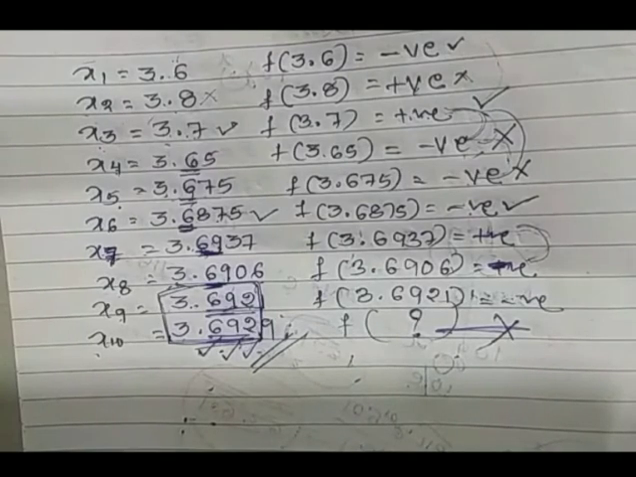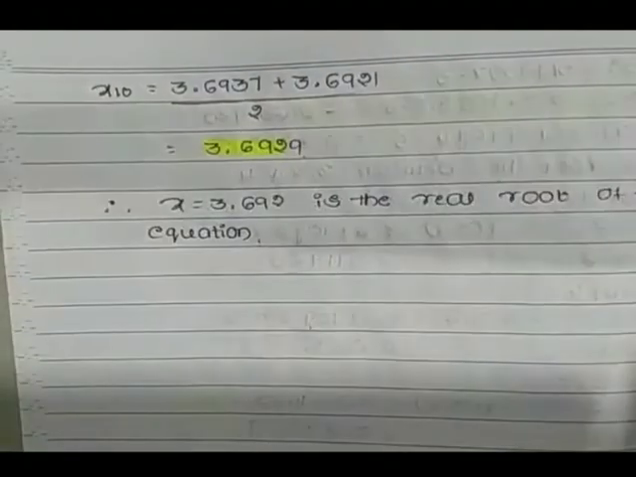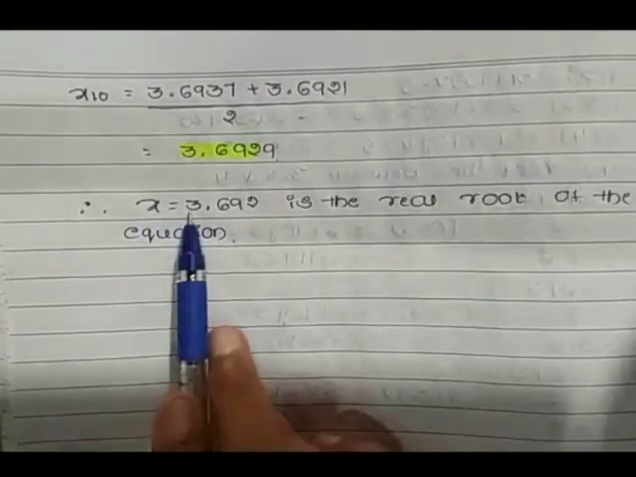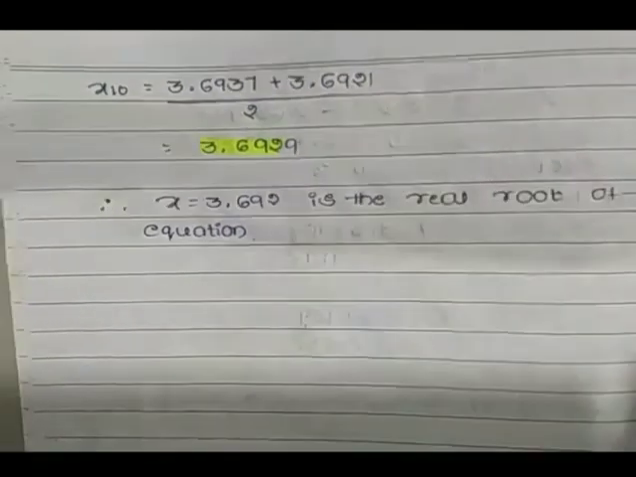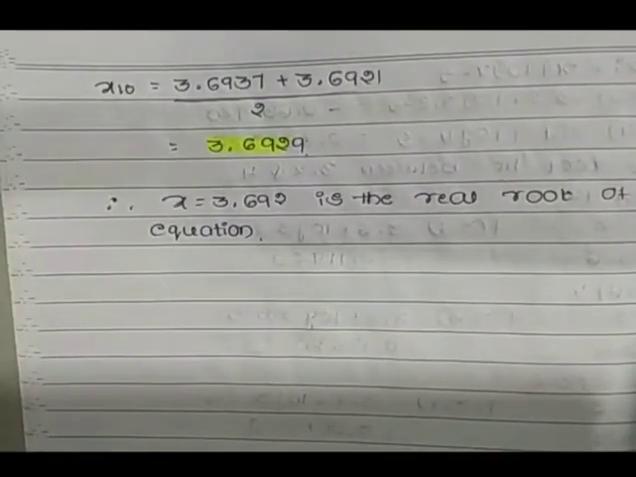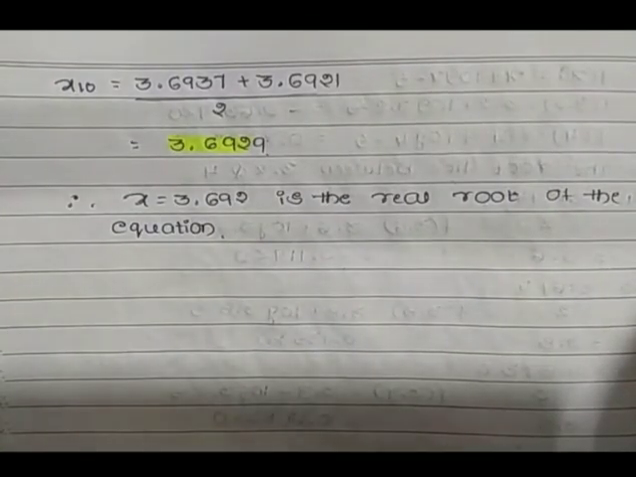Therefore here only we have to stop, and we need to mention that x is equal to 3.692 is the required real root of the equation. See, there is no much difference between algebraic equation simplification